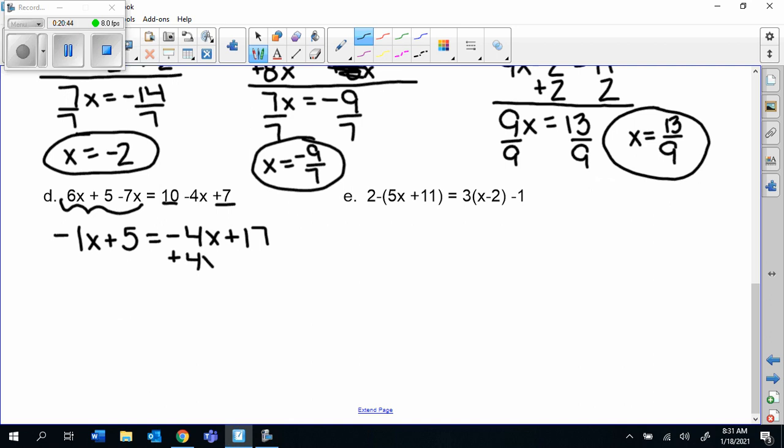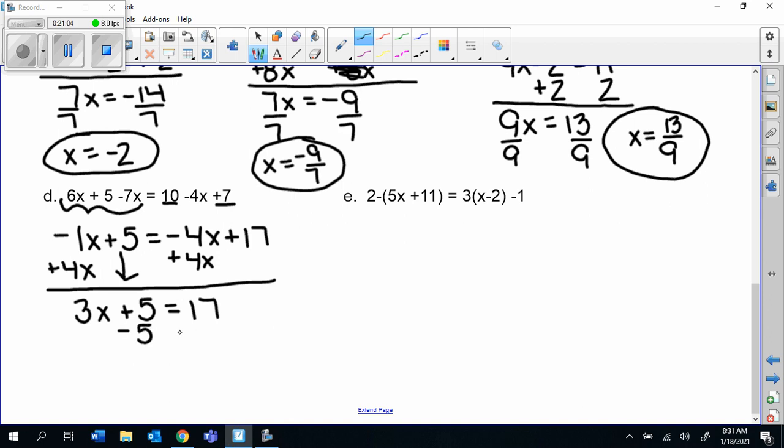You can bring this 4x over first. The opposite of a negative is a positive. So negative 1 and a positive 4 leave 3x. Bring that 5 straight down. Bring the 5 over to the other side. When you jump over that equal sign, that's when you change the signs. And then undo multiply by divide. And we end up with